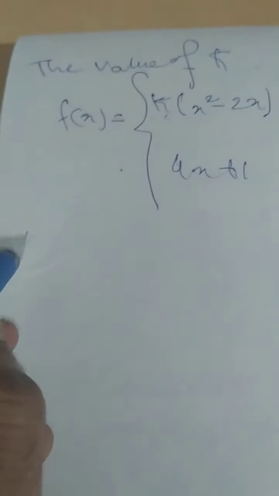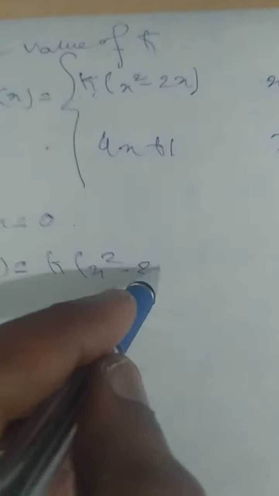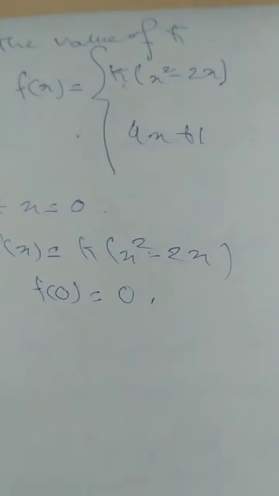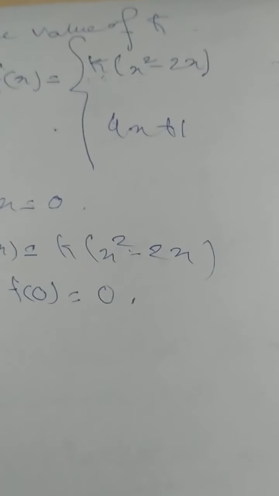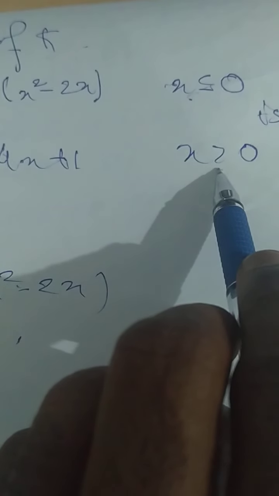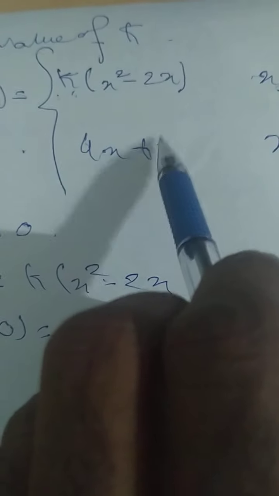So at x equals 0, how is the function defined? f of x equals k into x square minus 2x, so f of 0 is 0. Since for x less than 0 and x greater than 0 the functions are defined in a different manner, and it is stated that this function is continuous,